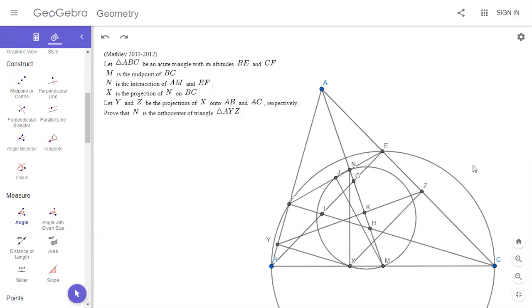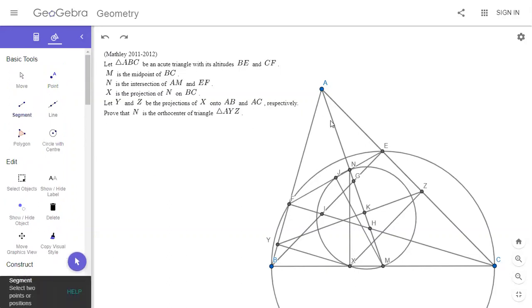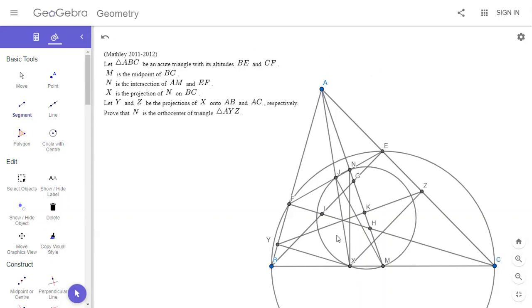Could you draw AJ and JX? Yeah, if we can show they are collinear, that solves it. Well, yeah, that 180 degree angle sum. So XJM is equal to